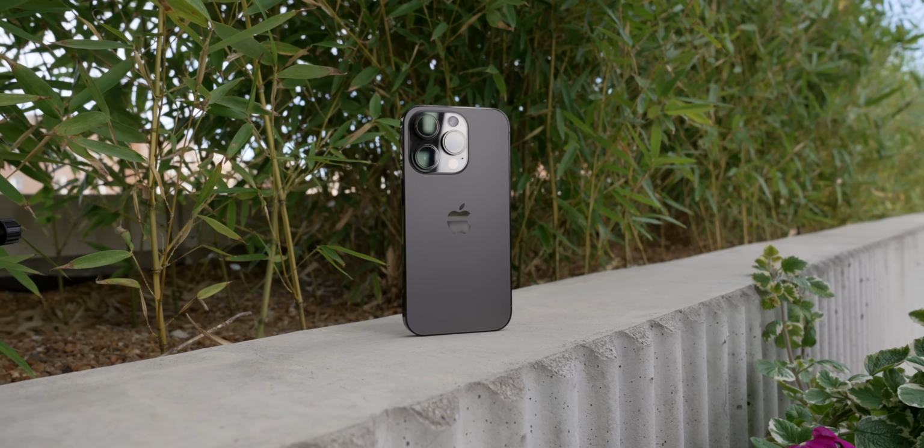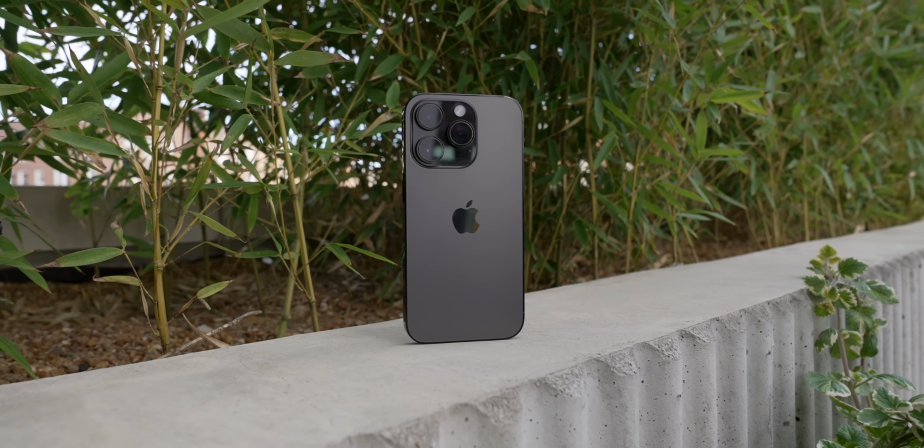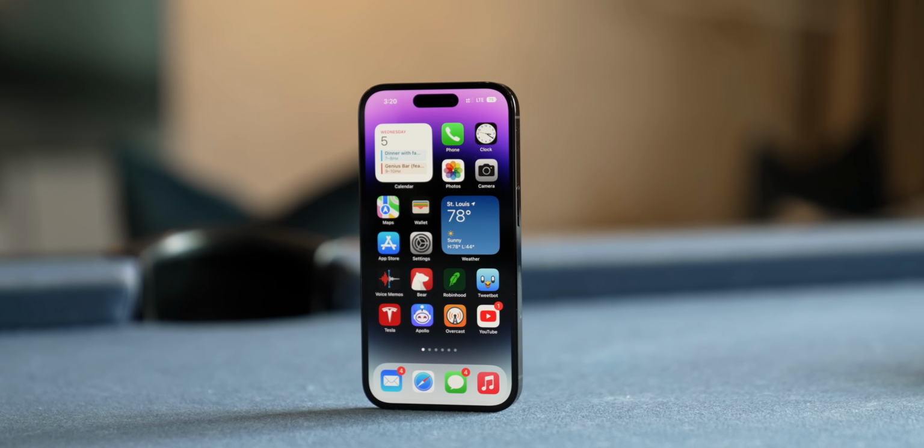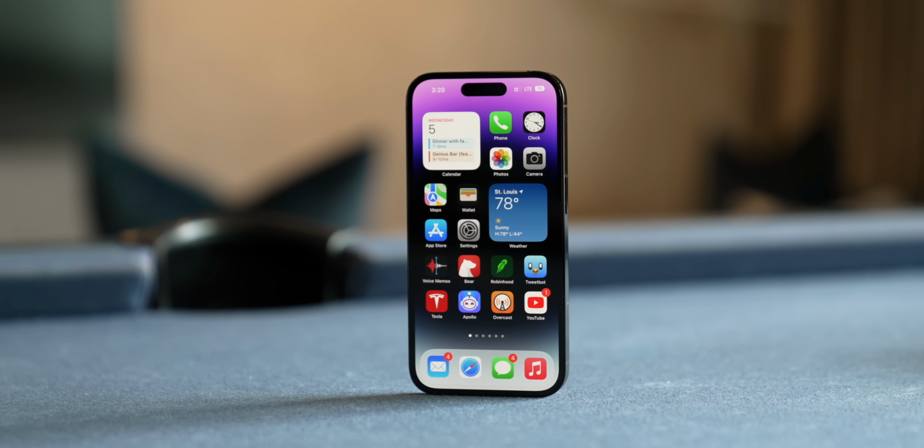day one. But I don't feel that way about the 14 Pro this year, and I again say that pretty confidently after spending so many hours with this phone, using this nonstop for weeks now. And well, let me explain my case. Let me tell you why I feel how I feel, and I think by the end of the video, you'll actually agree with me. Like, just starting off with the screen here, it looks entirely different on the front because